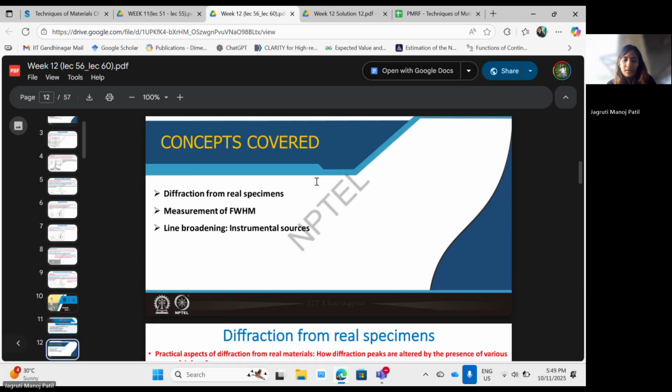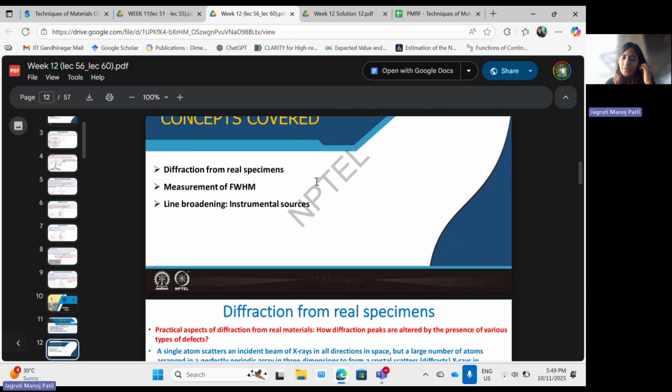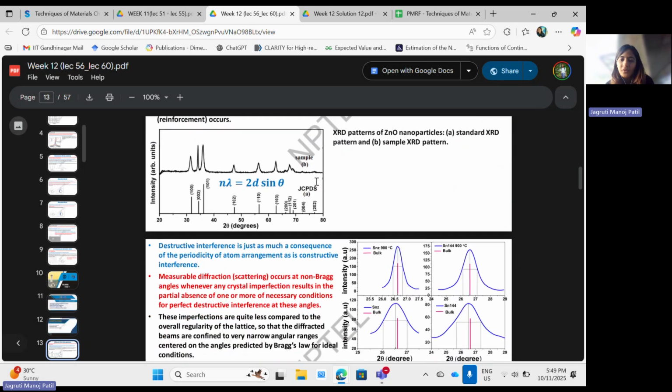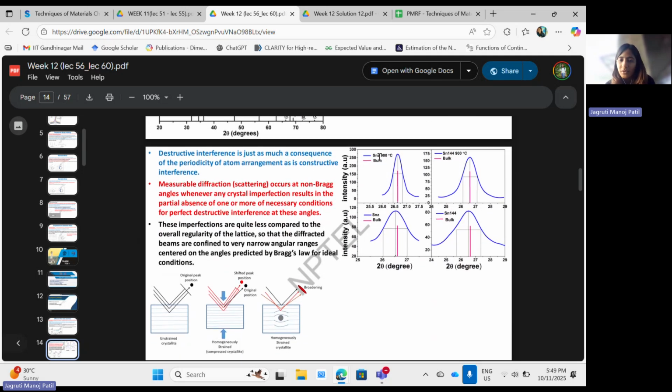Okay. And then there's diffraction from real crystals. So, how do you compute this full width half maxima? That's a good point. If you look at this particular curve, you see that the intensity goes all the way up to 250 or 270, right? If you want the full width half maxima, that's the point where the intensity is half of the maximum. Since it's intensity, you can directly take half of the original amplitude, which is almost 150 in this case.